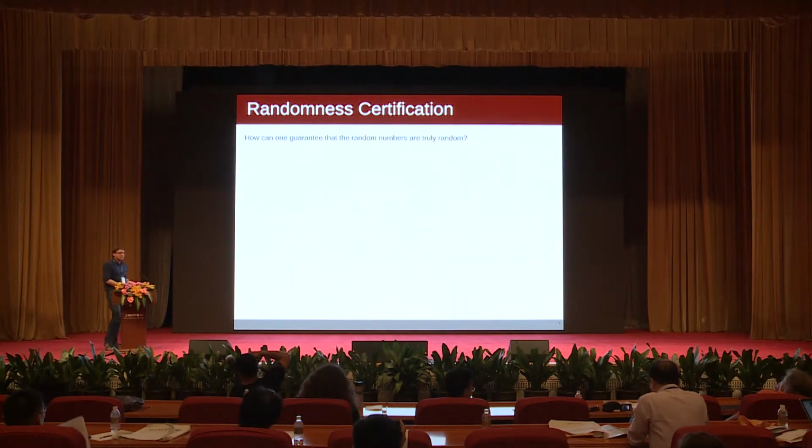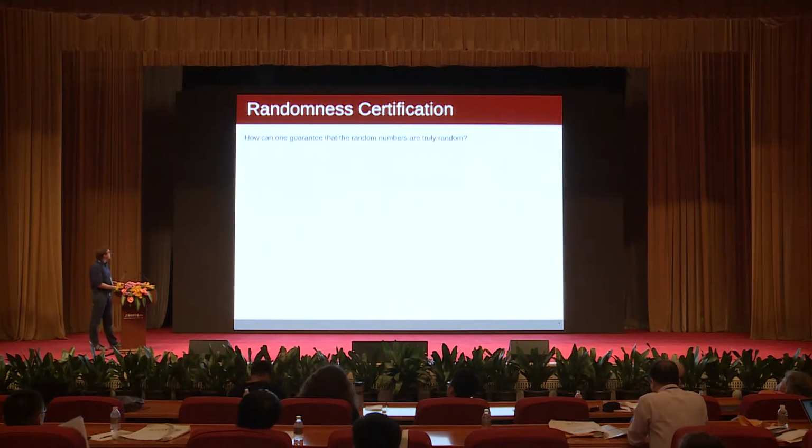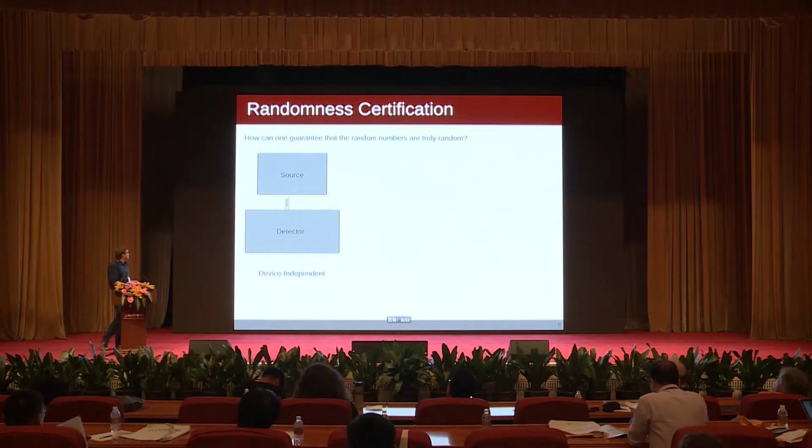So the randomness certification is one of these parts. How can we make sure that these are really random? We already have heard about device independence. Device independence is nice because it introduces the lowest amount of assumptions, but it is also only generating random numbers at very low speed. But we want to do a high-speed QKD. So what we can do is introduce more assumptions. One idea is to introduce assumptions on the detector only. This is what Marco will talk about. Or we also introduce assumptions on the source itself, and this is what I will talk about.